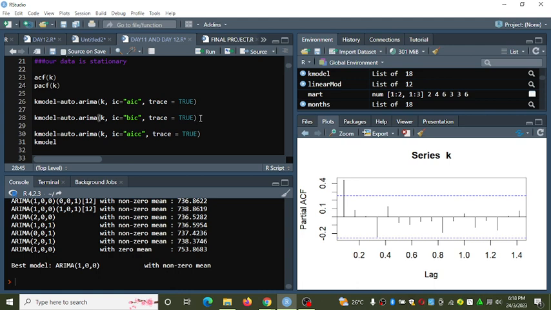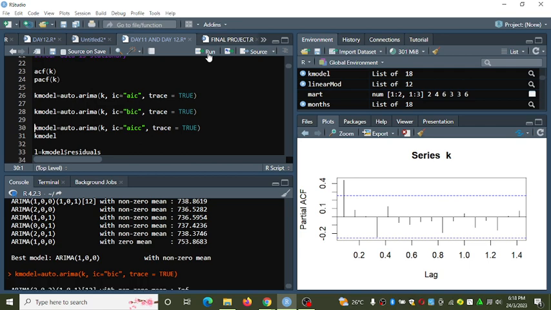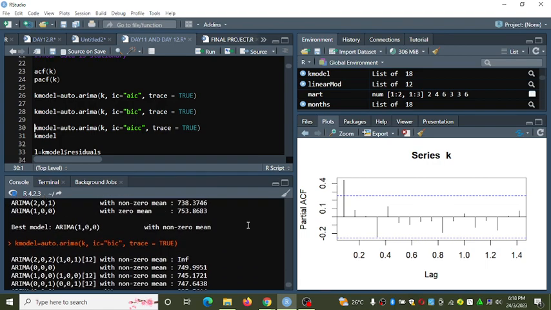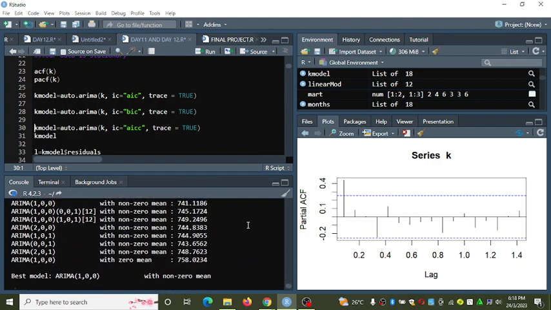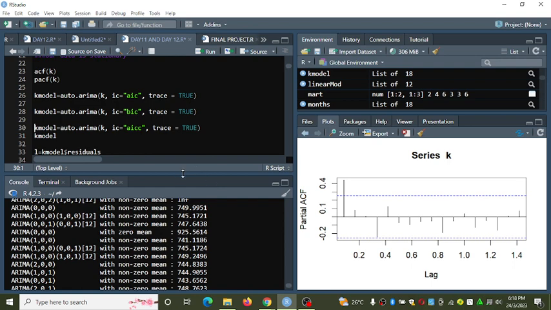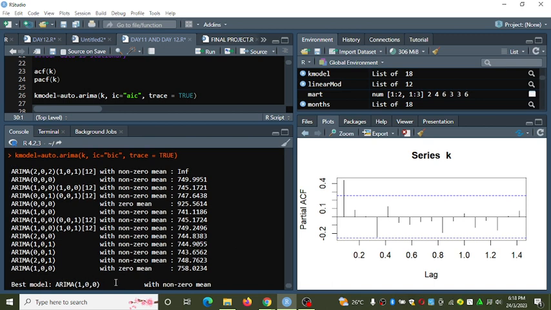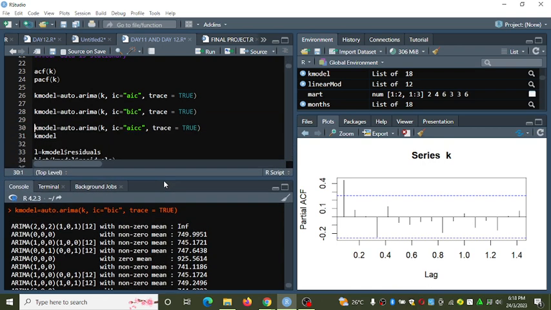Sawa. So, even if you execute this command under the Bayesian inference, we are getting the same model, with our data. We are getting the same model, and if you check from this point here, you will get the inference statistic is very small. Let's see. Within a zero mean of 100, within a zero mean we have 741. All these values of inferences here, they are greater than 741. So this is the best model to use. That is the best model to use.